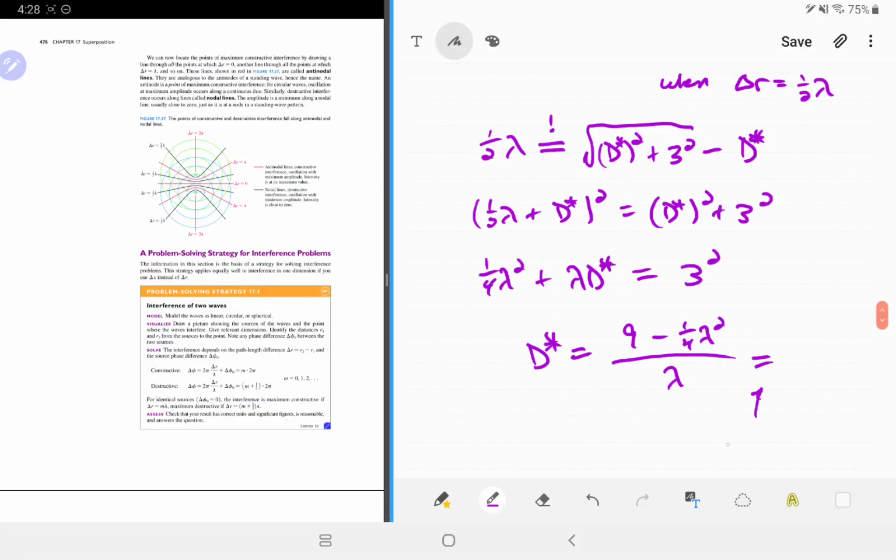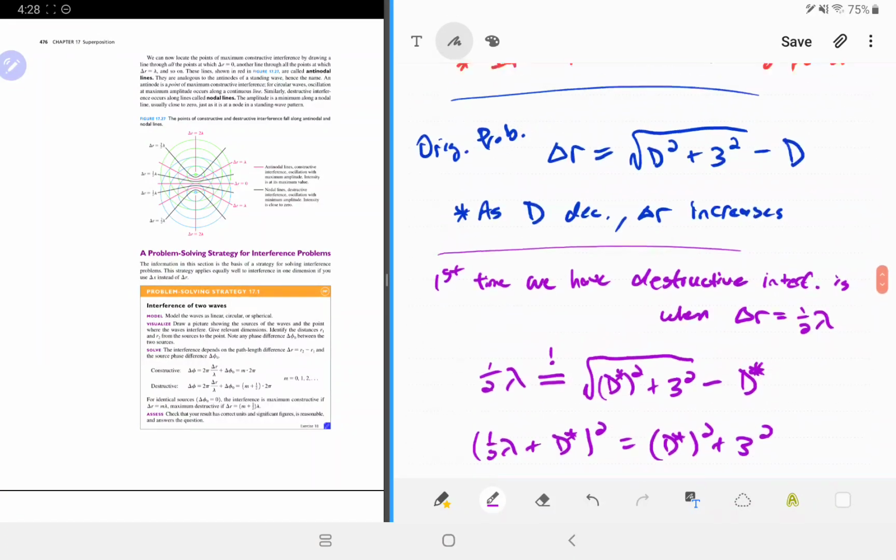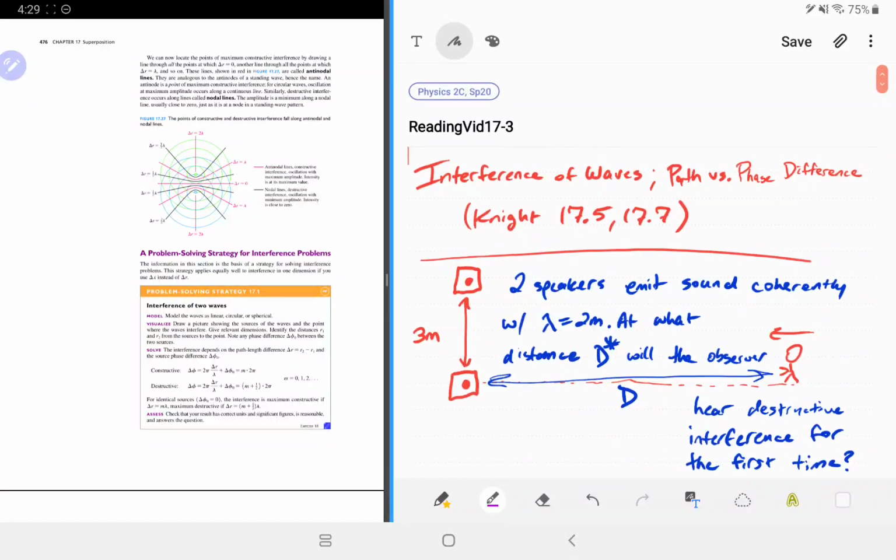And if we plug in here, lambda was 2 meters. That was in the original problem statement. So 2 squared is 4. So 9 minus 1 is 8. Divided by 2 is 4 meters. So it looks like when that person gets to a distance of 4 meters from the speaker on the bottom,